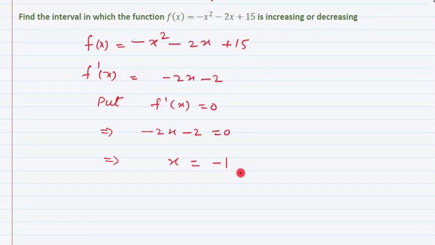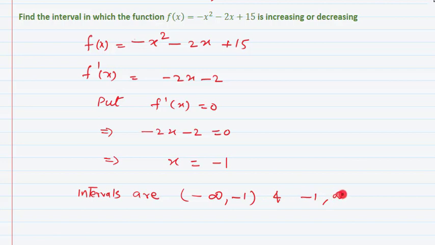So the third step is to make the intervals, and we get two intervals. The intervals are: one is minus infinity to minus 1 and another is minus 1 to infinity. Now it is the turn of step number 4. In step number 4, we will take any value in between these intervals and find the value of f dash x. It is better to write this as minus 2 into x plus 1 because it will be simple for us to find out whether the value will be positive or negative.